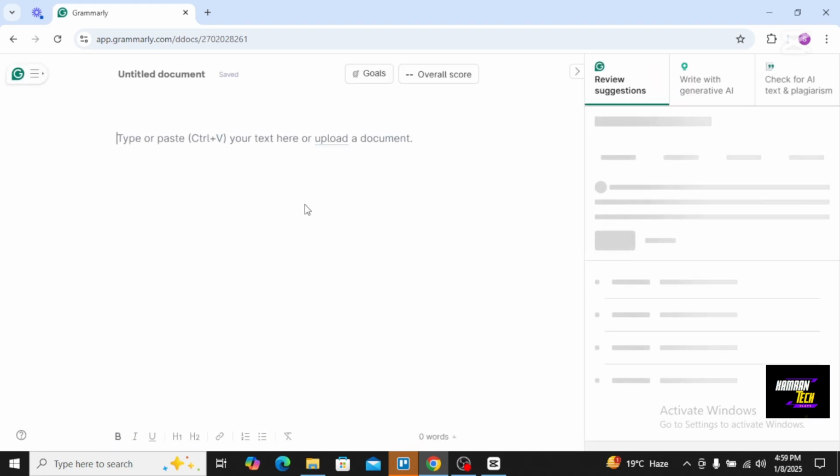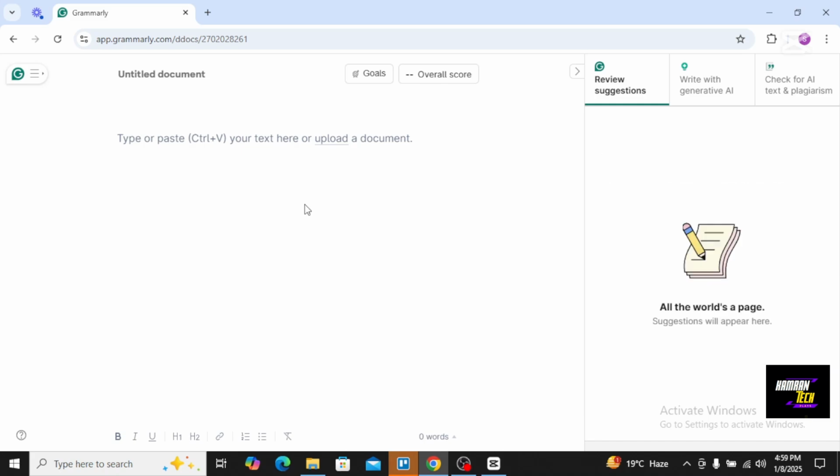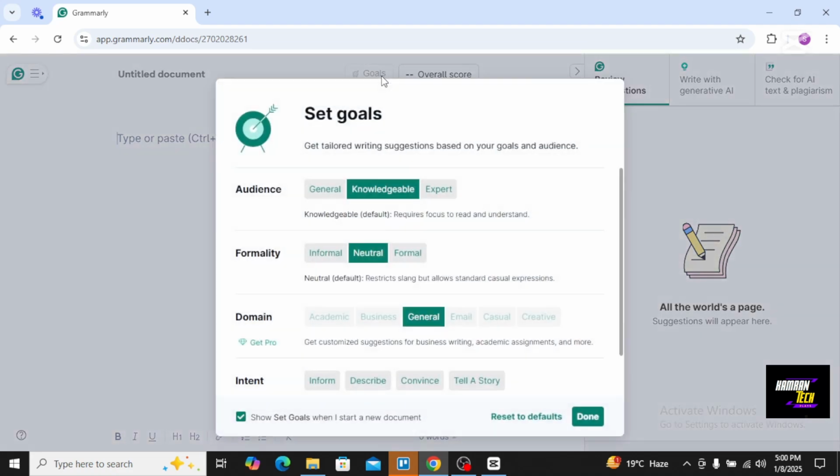So right now, before you start writing your article or content, you will set the goal of academic writing. I will tap on the Goals button, and in here you will see Academic. But right now I will not be able to use academic writing because this feature is in a premium